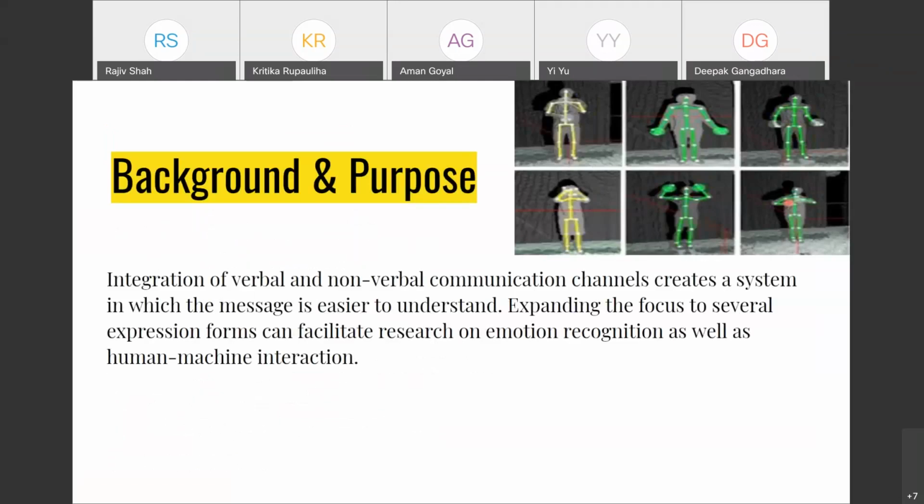So when we talk about emotions, we usually directly link it with our facial expressions. But there have been several researchers that have shown that the emotion that you reflect is a combination of when you combine different sides of your body. So it's a combination of your body gestures, your facial expression, and even the sound of your voice. So what you're speaking and the intonations that you're using, etc. When you combine all of these things, that is going to convey emotion in the true sense of the term.